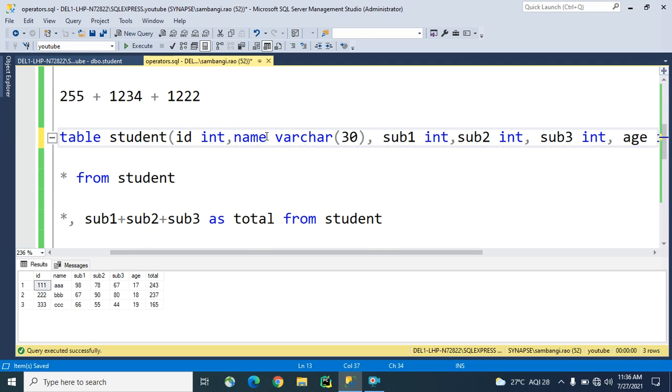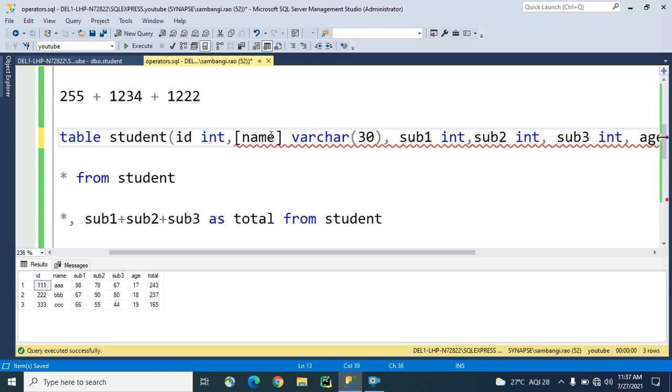I can write the name keyword also like here, guys, but name is a predefined keyword in SQL Server. I will tell you about this name in later sessions. And when we want to use a predefined keyword as our column name or table name or anything, we can add square brackets to that name.